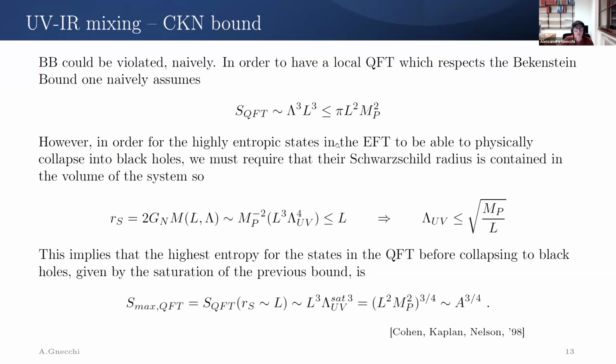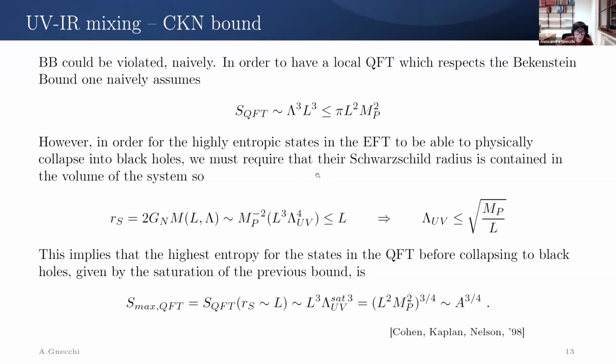Moreover, we need not just to impose this bound, but for this bound to make sense, we need to be able to put energy into a certain volume such that at a certain point, black hole states form. And this is the transition from your QFT without gravity to an EFT that includes gravity. If we assume that at a certain point, including higher and higher energy states, a black hole will form, it means that we're assuming that gravity is present in our full theory.